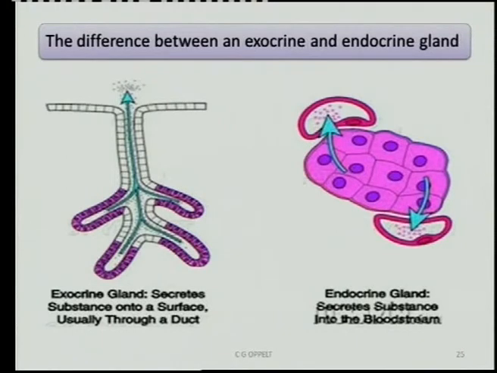Now, what is an exocrine and an endocrine gland? Well, there you can see exocrine glands. Know an example, for instance, your salivary glands in your mouth. The substance is secreted into your mouth and will go down the esophagus, which means that it goes into a special duct. Whereas with an endocrine gland, whatever is secreted goes directly into the bloodstream. Endocrine glands secrete hormones into the bloodstream.